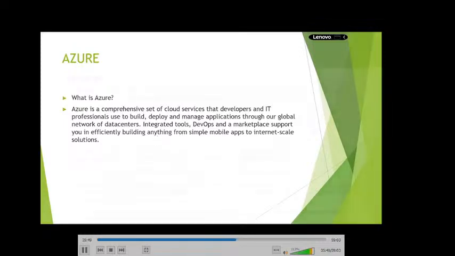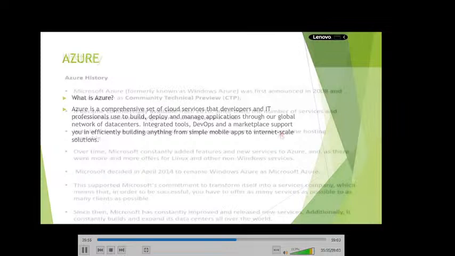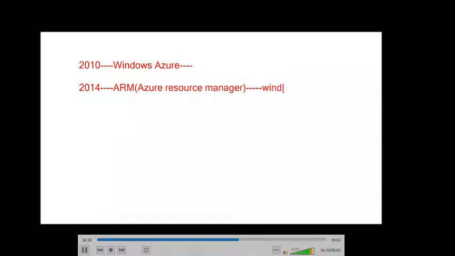Next, Microsoft Azure came into the picture in the year 2010. At that time we called it Windows Azure. Windows Azure supported only Microsoft-related applications. Later, in 2014, they introduced a new deployment model called ARM, which stands for Azure Resource Manager. And they renamed Windows Azure as